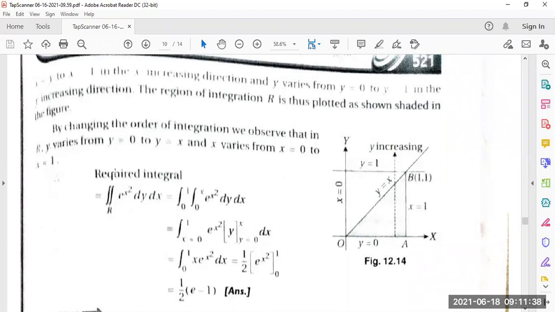At first, what was given there? x equal to y to 1, that was it, na? x equal to y to 1. Look at here. This is the straight line which is y equal to x. Na? When we take with respect to dx, then with this direction, with the x-axis. When we make the integral with respect to dx, that means along x-axis.